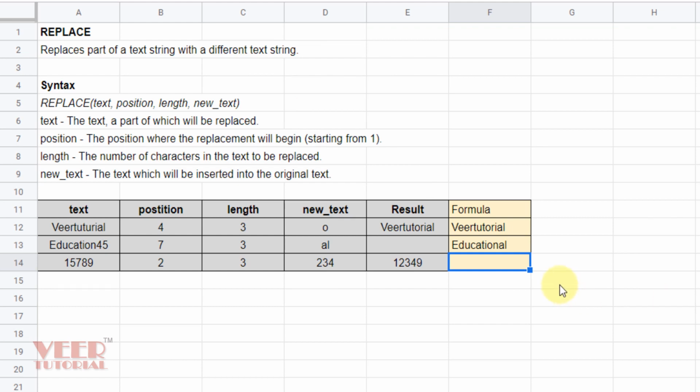Dear friends, we can use the same function for replacing in numbers as well. It is not necessary that it is text, so we can use these ones. So this is the assignment I'm giving to you. Just try this thing. You want to replace the last 3 characters with the 2, 3, 4. So do this one for your practice.